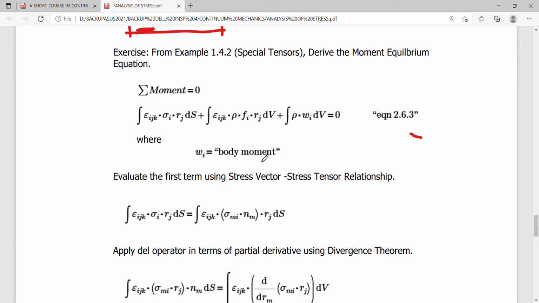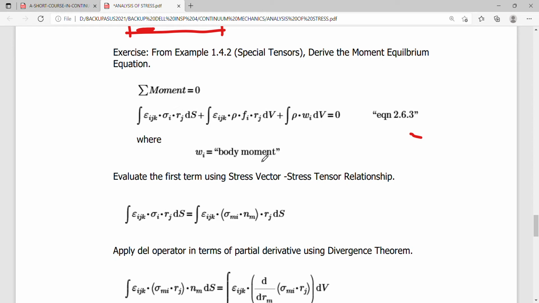Hello guys, so let's continue our derivation on equilibrium equations. But this time let's try to consider the rotational aspect of equilibrium, which is the moment equilibrium equation. So this may be understood easily by referring to the